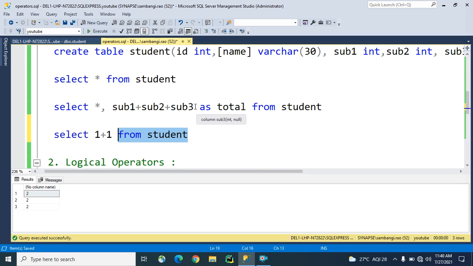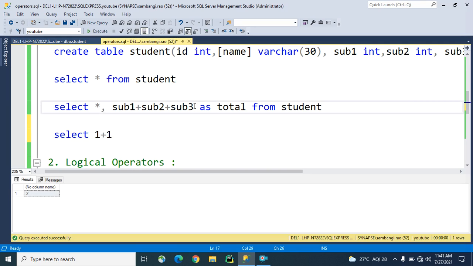If you want to operate on existing values in a table, then we have to use a query like this, because the subject 1, subject 2, subject 3 columns are not like other numbers. How can we write here 1 plus 1? 1 and 1 are also integers, so we can write it using this operation.